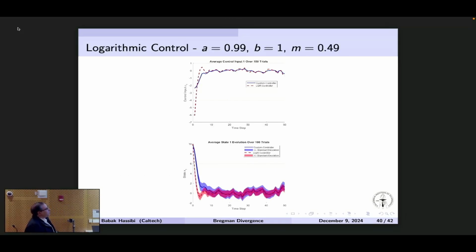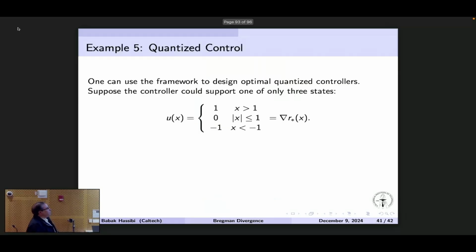Again, it's not as good as the LQR because you've really constrained what it can do. But if you look at the control signal compared to what the LQR does, it's putting in a lot less effort. And so maybe that matters to you. You can do quantization. Say your control was only allowed to do three things: up, down, or 0. How do I design an optimal controller if this is all the controller can do? There might be very simple controllers where this is all you can do.